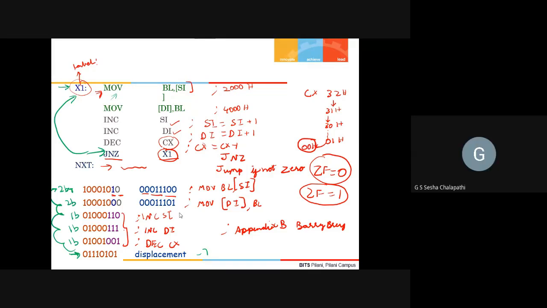See, the point is that the code that I have specified, that is the label and all those things, you can do only in a program, and then you will compile it. You can't directly put labels in debug. You have to first write a program and compile it, and what the compiler will do is replace x1 with a displacement.